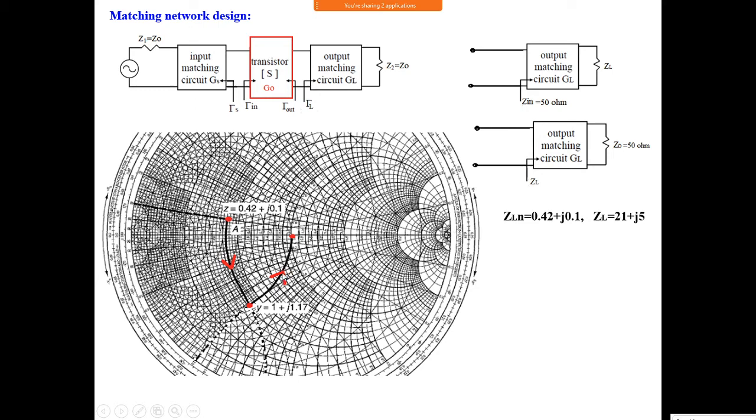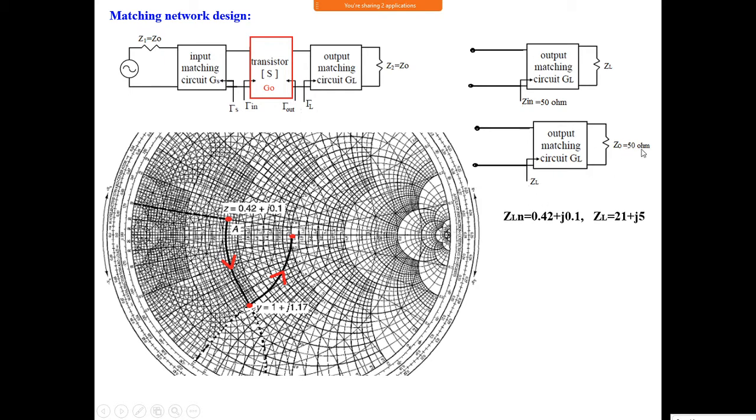I have given a PPT video also. If a load is given like this, some point is a load here, earlier we were reaching the center of the Smith chart. Starting from the load, we move like this and then like this to the center of the Smith chart to get 50 ohm. That is the problem we were doing earlier. Now the problem is very simple.